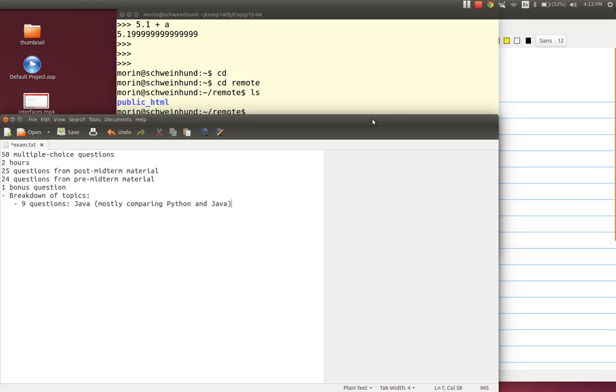Or here's something in Python, what is the equivalent thing in Java? Nothing too complicated there. Maybe also focusing a little bit on some of the differences between Python and Java. So maybe there is no equivalent thing in Python, or maybe it just doesn't make sense in Python, or it doesn't make sense in Java. So there'll be stuff about that.